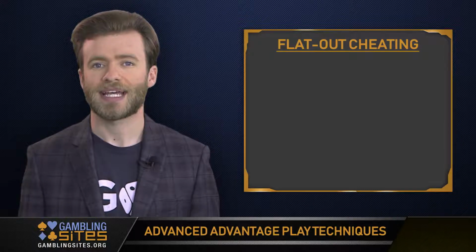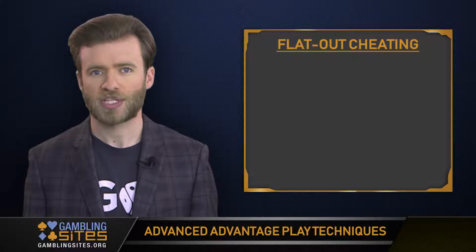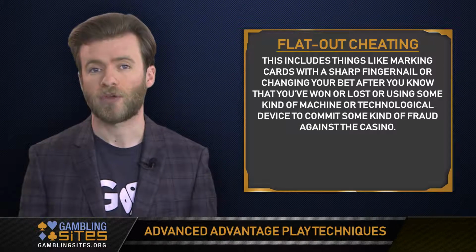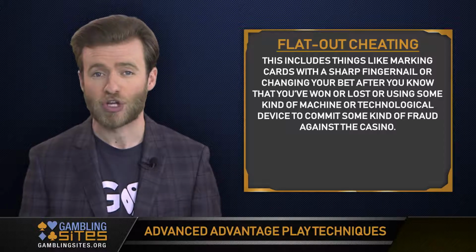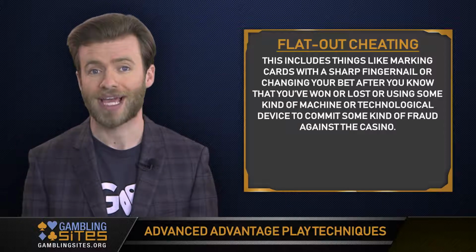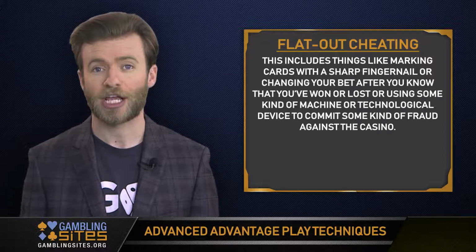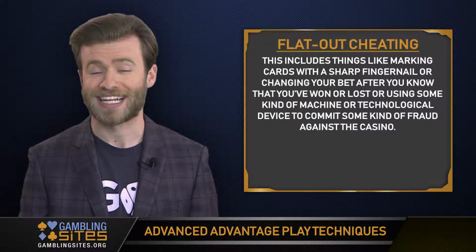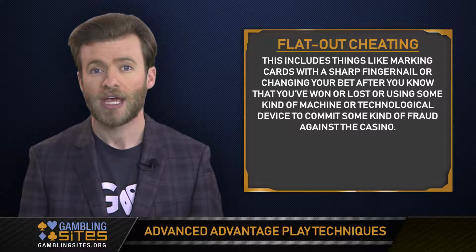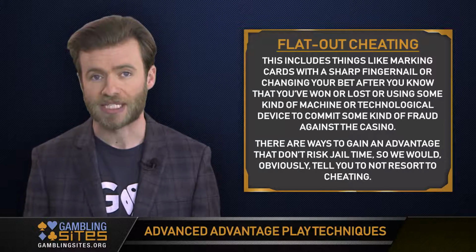The first technique that is technically advantage gambling is just flat out cheating. Most types of advantage gambling are not cheating, but things like marking cards with a sharp fingernail or changing your bet after you know that you've won or lost, or using some kind of machine or technological device in order to commit some kind of fraud against the casino, all of those are cheating, and cheating is illegal in most states and actually a felony in Nevada, which of course is home to Las Vegas. There are ways to gain an advantage that do not risk jail time, so we would obviously tell you to